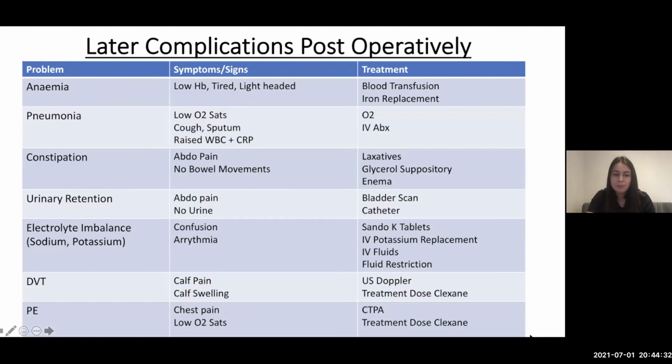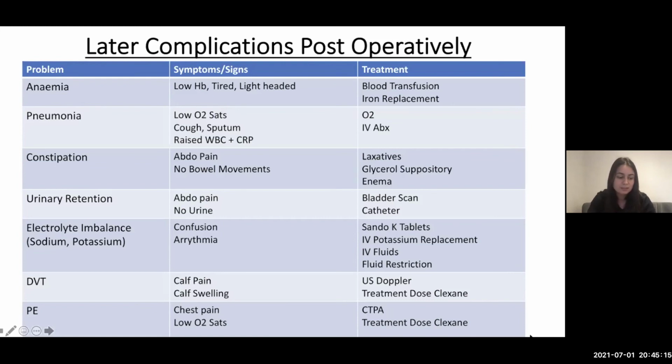DVT, so deep vein thromboses. This is quite common in orthopedics, and it's because people with any ankle fractures, shin tibia fractures, knee fractures, and some femur fractures are either in plaster or we say they have to be non-weight bearing. When you're not weight bearing, your calf muscles are not pumping blood, which means the blood is staying stagnant in that area and the blood can just start to clot. They have calf pain and calf swelling. That calf is usually bigger than the other one. They need an ultrasound Doppler, a jelly scan of their legs,